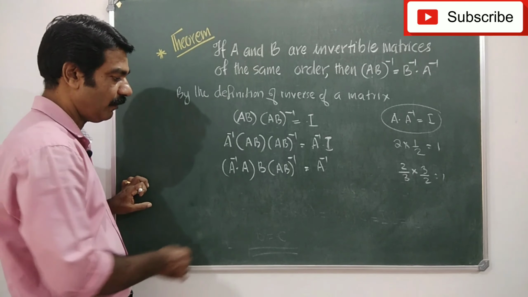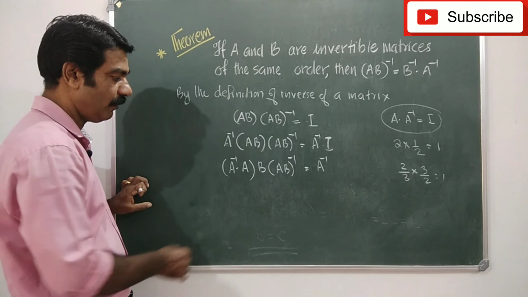A inverse. Now, what is A inverse into A? A inverse into A is I by definition. So A inverse into A we can write I. So B is the IB into what? AB inverse is equal to A inverse. Okay, now what is this I into B? Any square matrix multiplied with I gives the same matrix B. So B into AB inverse is equal to